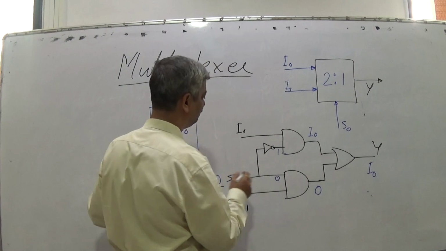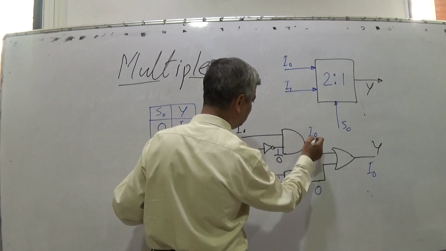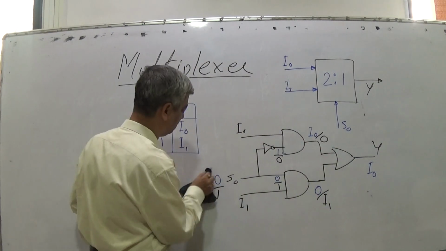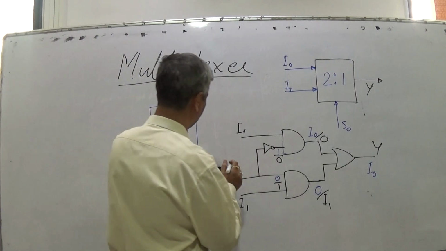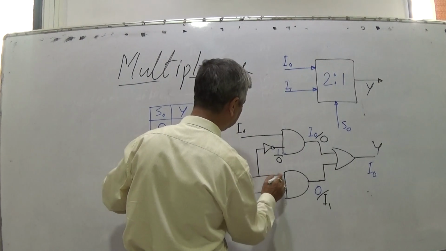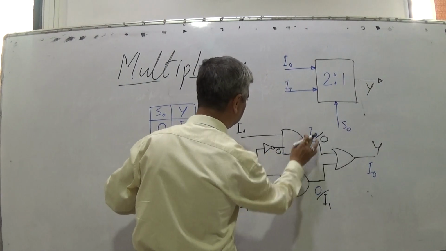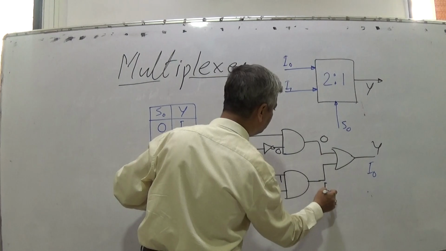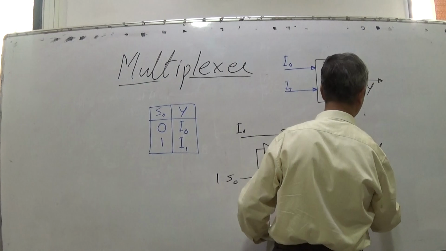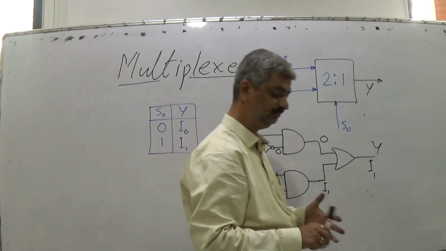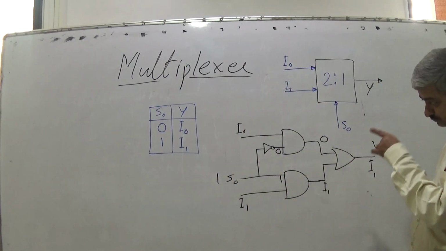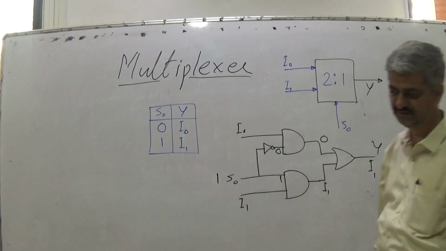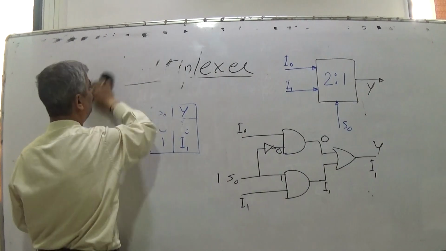When S0 is 1, what will happen? This would be 1, this would be 0. As this is 0, this would be 0. As this is 1, this would be I1, right? So when S0 is 1, this pin is 1, this pin is 0. As this is 0, this will be 0, and as this is 1, this will be I1. At the output, I will be getting I1. So this is a 2:1 multiplexer using one select line. Select line 0, I0 appears on Y. Select line 1, I1 appears on Y. This is a multiplexer, many into 1, and the simplest option is 2:1. Now